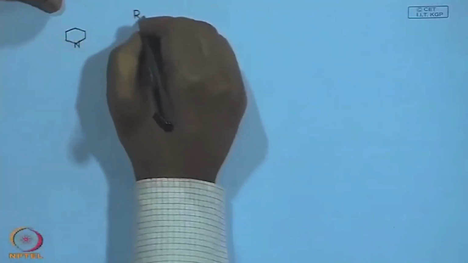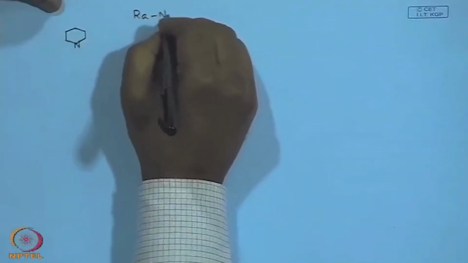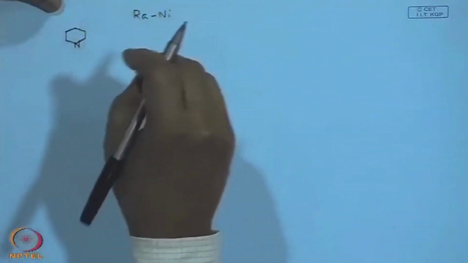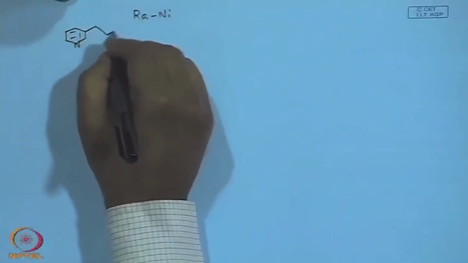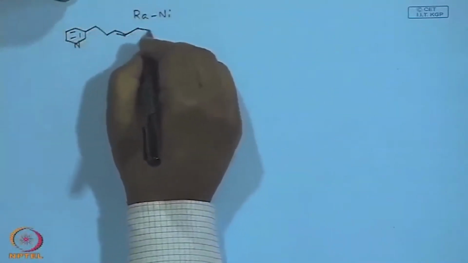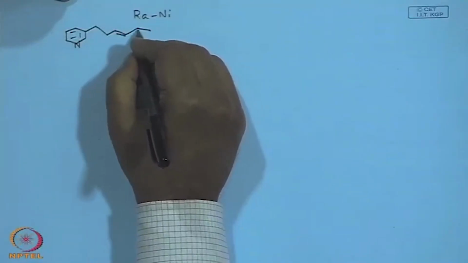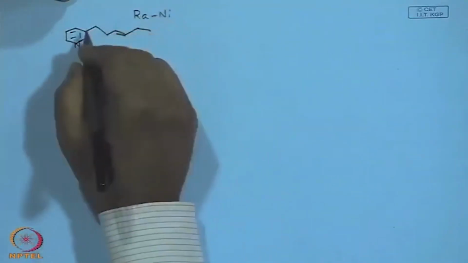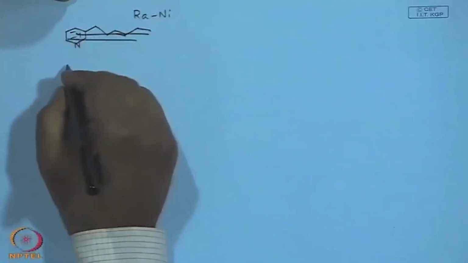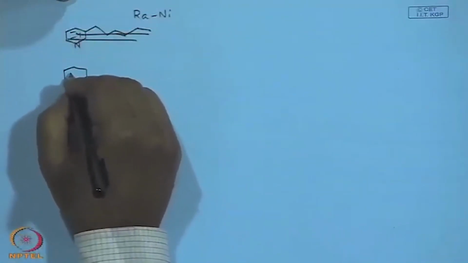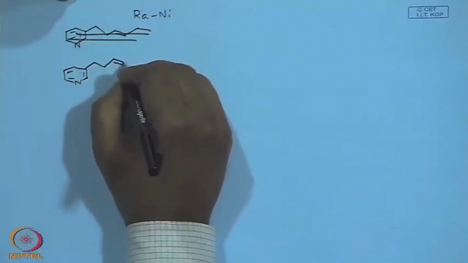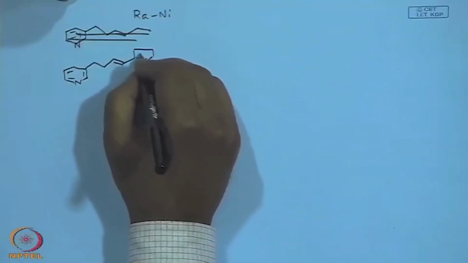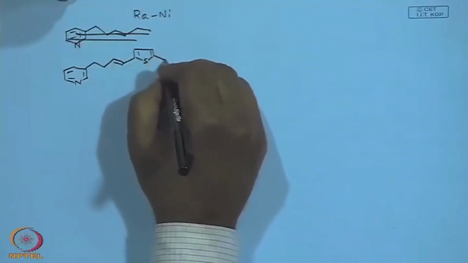Raney nickel means nickel, on the top of which hydrogen is adsorbed on the surface of the metal, and you now have pyridine, and then a side chain with a double bond, then a thiophene ring, so many things. Then you have,